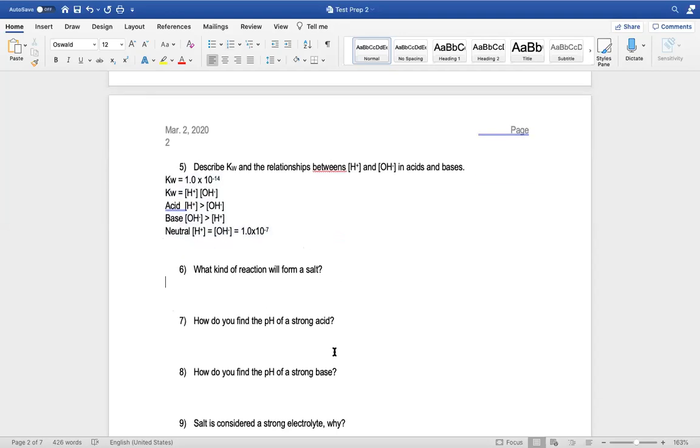What kind of reaction will form a salt? An acid-base reaction. That was a little more simple than I thought it was going to be of a question. But yeah, an acid-base reaction forms a salt. What else does it form, though? Water. It forms water and a salt. That'll be every time. And you can think of that as if you have HCl plus NaOH,